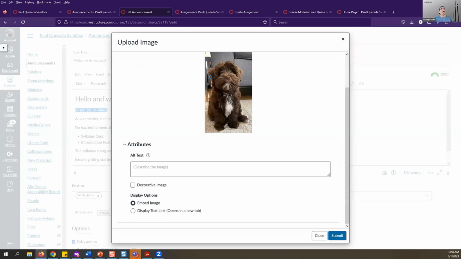And it gives you a preview of what that looks like. And you can even provide alternative text if you wanted to. I mean, if it communicates anything, sometimes it's just decorative, right? This in particular doesn't communicate anything that's relevant to the content. Maybe if it is a self-portrait of yourself, though, you could say, self-portrait of, your name. But I'm going to make it decorative because, again, it doesn't communicate anything. It's just intended to add some visual look to it. But again, if it is a portrait that you're adding, which I would recommend that you do, then you can add an alternative text here. So it does support these things, right? So again, this is all through the rich content editor. And I'm going to submit this picture,